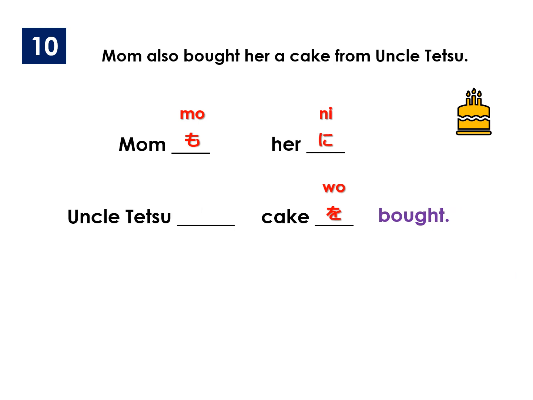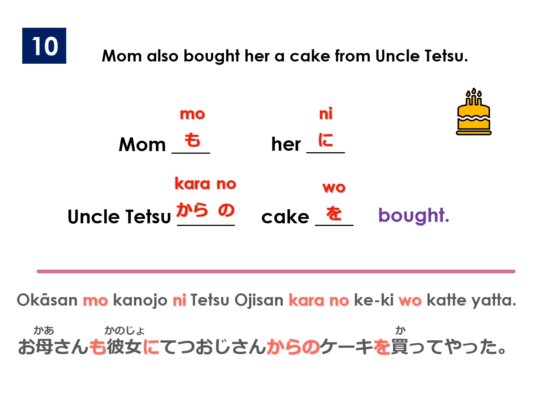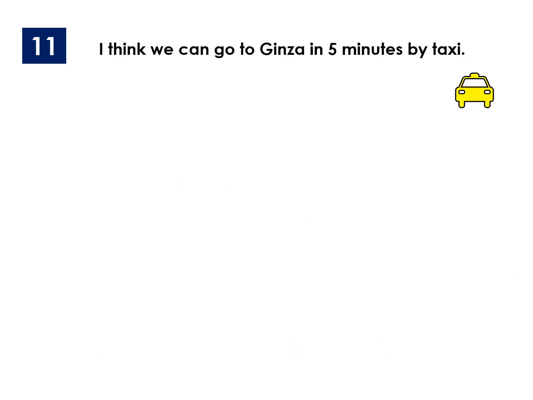Uncle Tetsu can also take the double particle kara, meaning from, and no, meaning of the. Uncle Tetsu kara no keiki. The cake of the from Uncle Tetsu. And in Japanese, お母さんも彼女に鉄おじさんからのケーキを買ってやった。